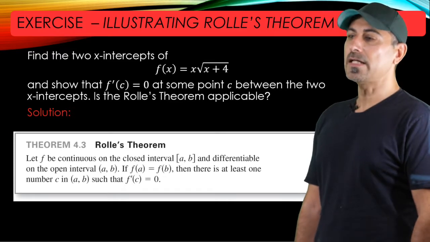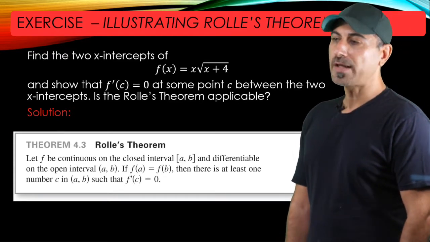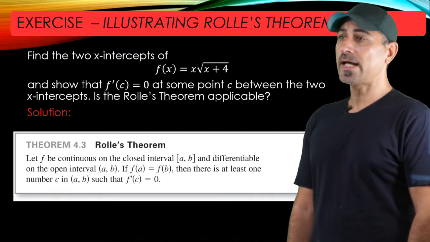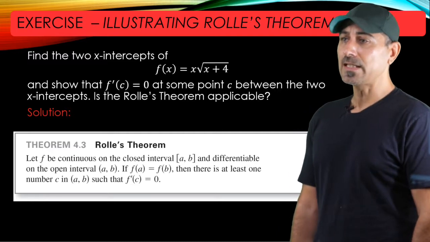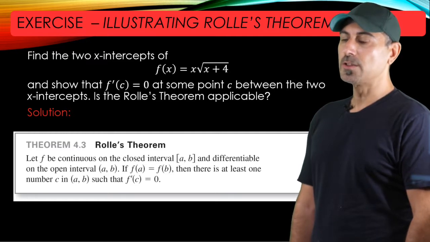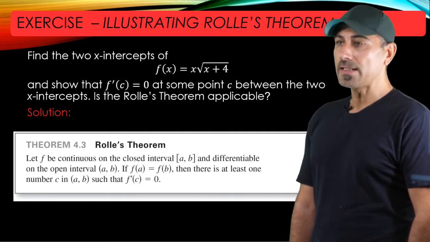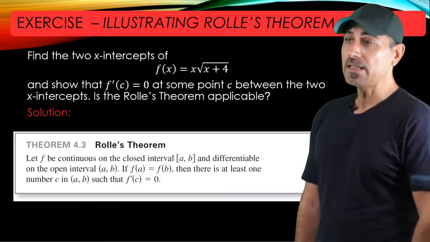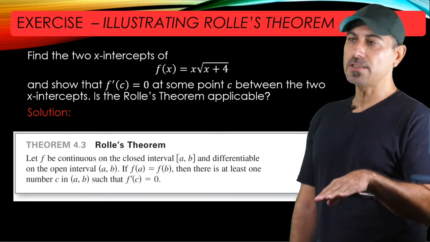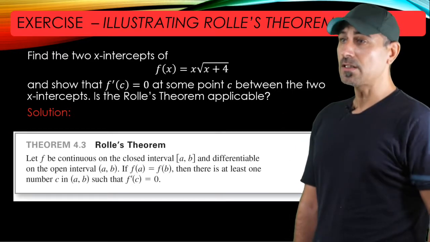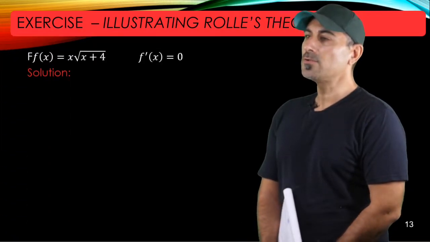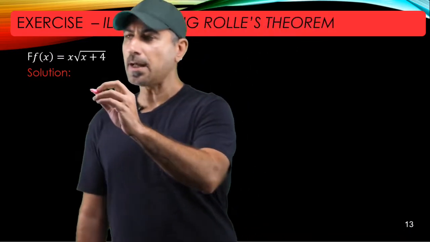So the secant line connecting the points f of a and f of b is horizontal. What that means is that the slope of the secant line is 0. And Rolle's theorem says that if you have that situation going on, then there should be a point within the interval a, b such that you have a horizontal tangent line, like the secant line, which is horizontal, but within the interval a, b. So let's first try to look for the x-intercepts, and for that purpose, we're going to set